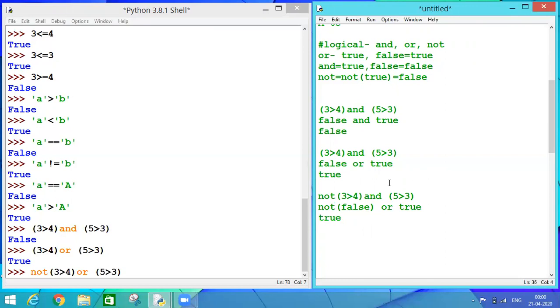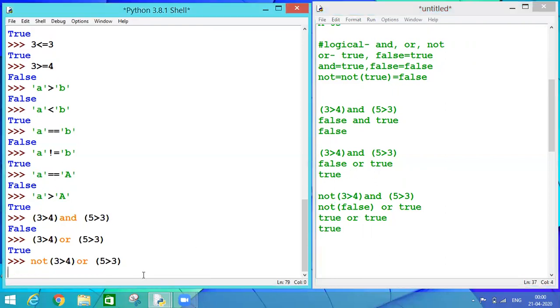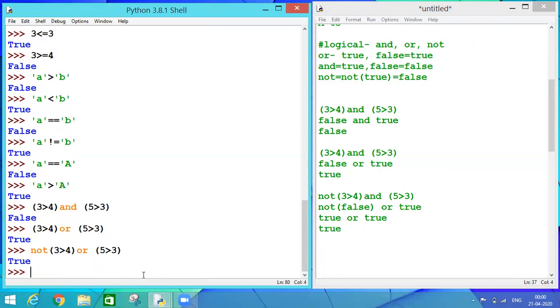It will be converted into true or true. Both are true, so I'll get the result, obviously, as true. Like this. I hope the concepts are clear on how it works.